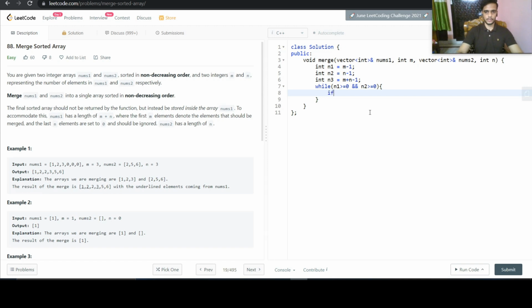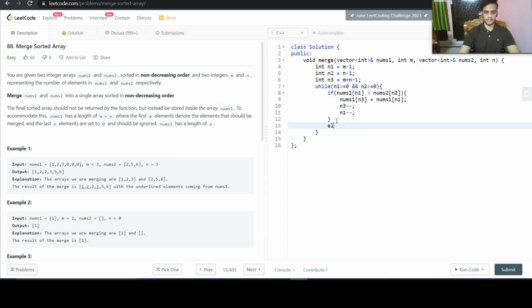So here we will put an if case. If nums1 of n1 is greater than nums2 of n2, then nums1 of n3 is equal to nums1 of n1, then n3 minus minus and n1 minus minus.